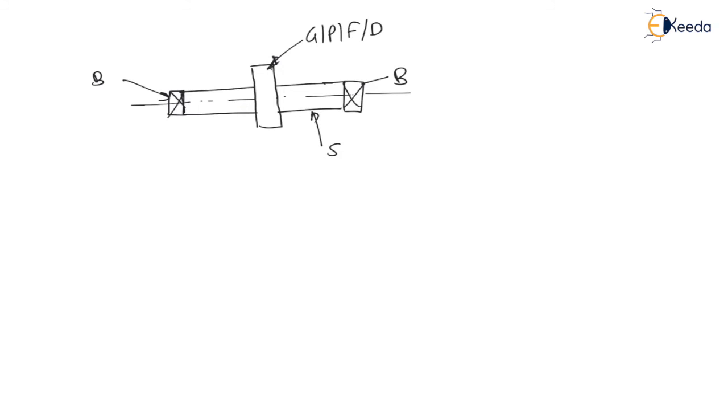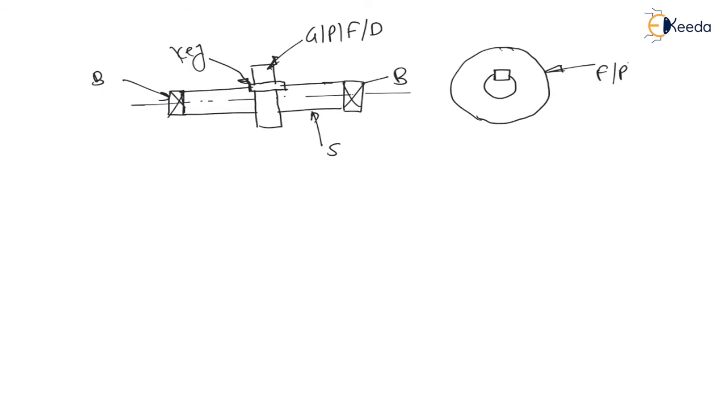Now to connect this gear, pulley, or flywheel with the shaft, a key is used. You can see this is a key. Here you can say it is a key, right? If I show the side view, let's say here it is a flywheel with a circular cross section. Now there is a shaft, right? And between the shaft and flywheel, there is a key used like this, right? It is a flywheel or pulley or maybe a gear, and here it is a shaft, and here it is a key, right?